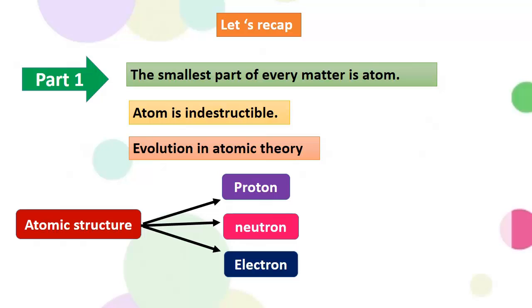From there, we learn that every atom has a nucleus which has positive protons, neutral neutrons, and the electrons revolving around it. The number of protons and the number of electrons are also the same. So this is what children we have learned in Part 1. We also know that every element has an atomic mass number and an atomic number.